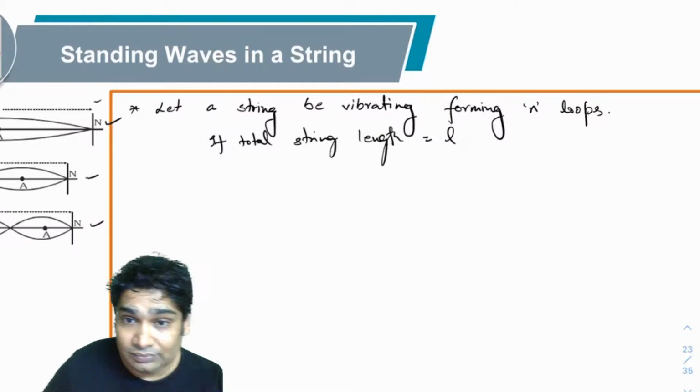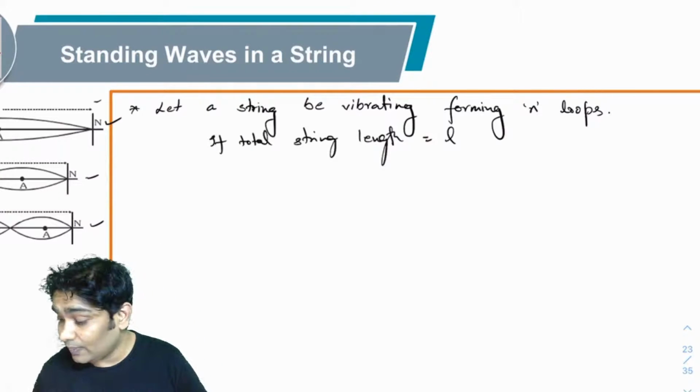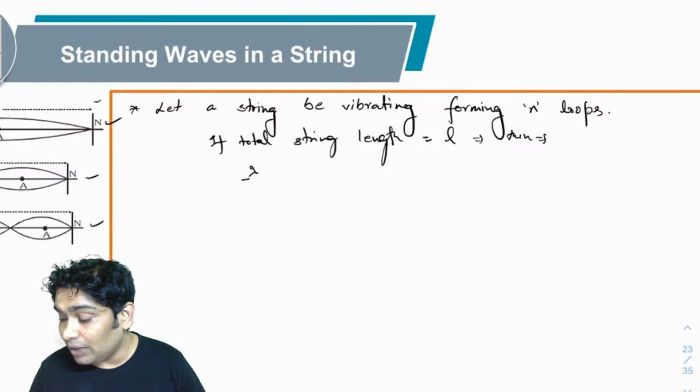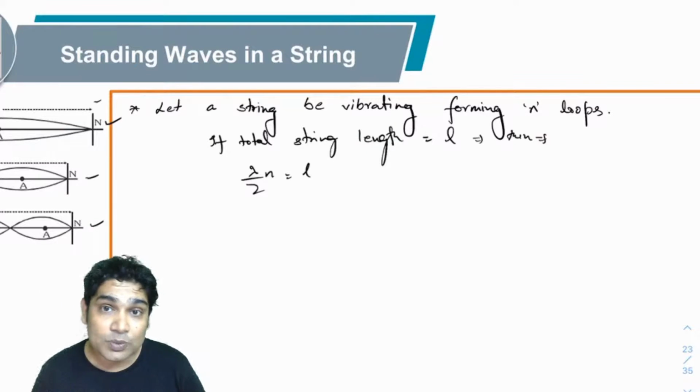So if the total string length is L, then lambda by 2 into n would be equal to L, right? Because if there are n loops and each loop has a length of lambda by 2,